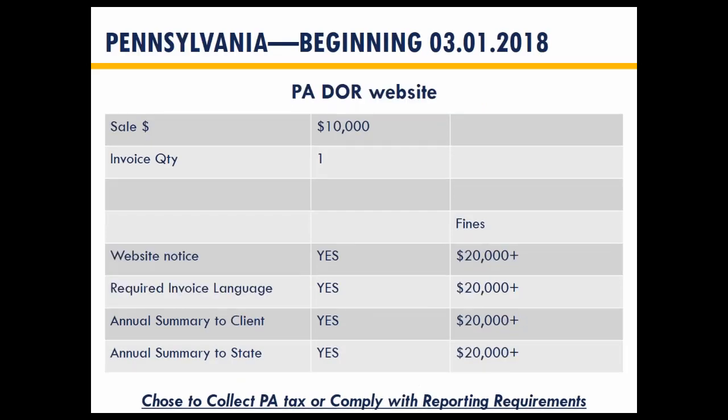Pennsylvania, same deal, $10,000 minimum. Go and drop down a few lines. Look at the minimum statutory fine, $20,000. You could have $15,000 in that state. You didn't do your reporting right. Technically, they can hit you up for 20 grand. Ouch! It doesn't even seem like punishment fitting crime, does it? It's kind of a rough deal. I haven't heard of anybody getting hit with it yet, but if you were the state of Pennsylvania and all you had to do was collect information and send out these fines, wouldn't surprise me if they do it.